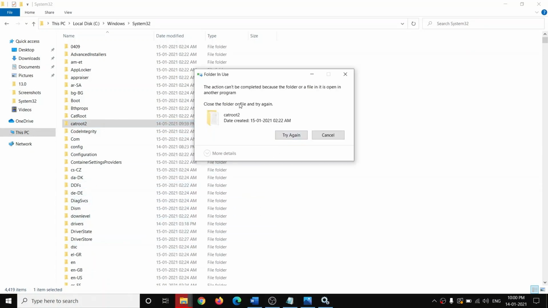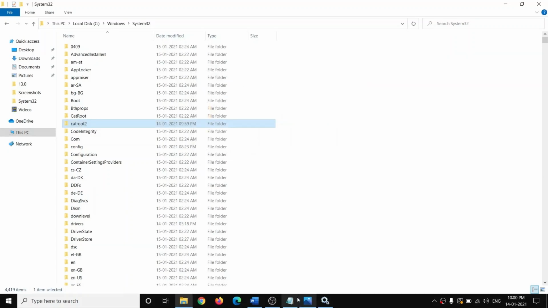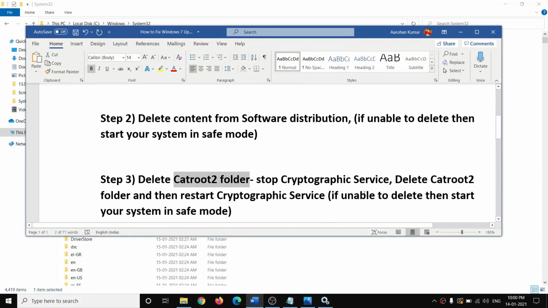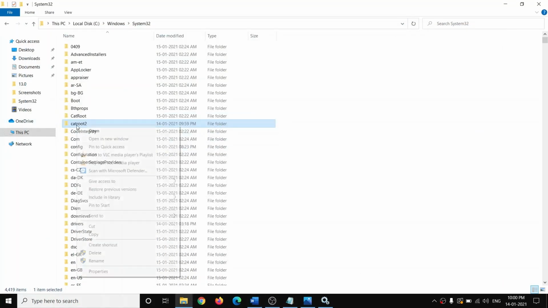If you're not able to delete it, in my case I'm not able to delete it, in that case start your computer in safe mode. So you can search in Google how to start your computer in safe mode. So start your computer in safe mode, and then after you delete this catroot folder, make a right click,